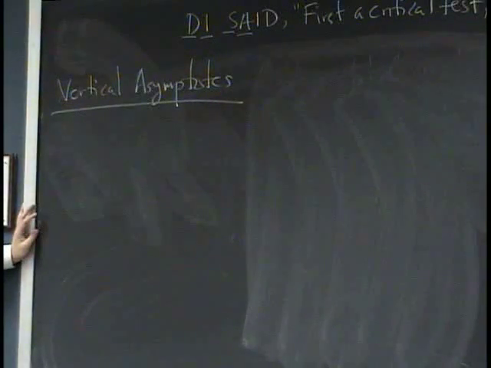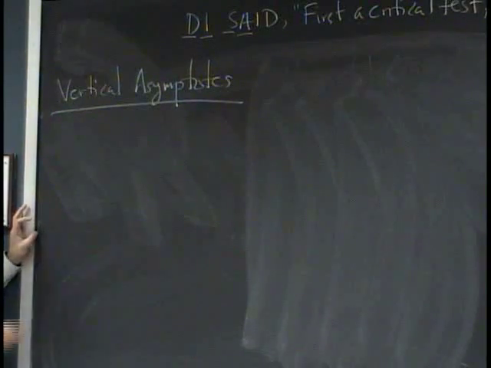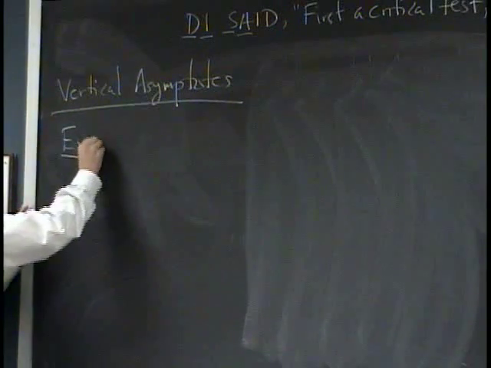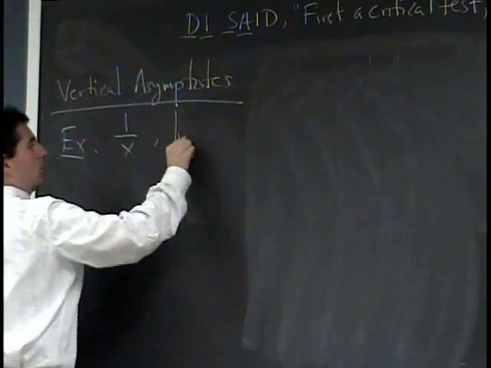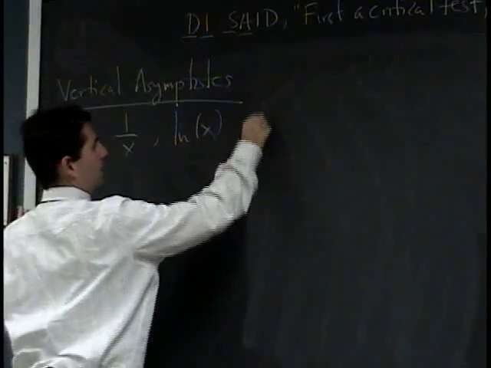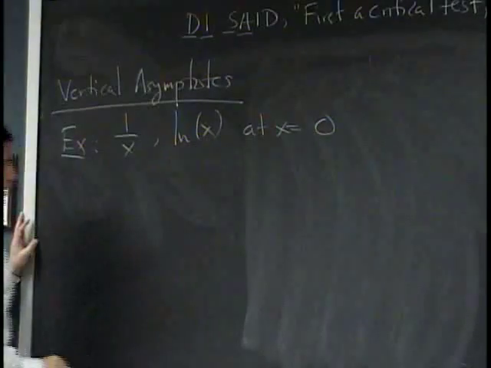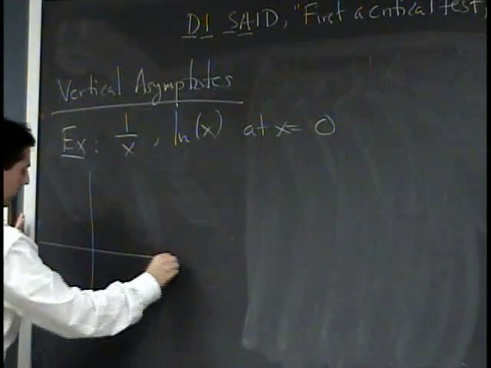Okay. So vertical asymptotes. Well, this is what is happening when you have, for instance, 1 over x. Okay, that's the example that you have in mind. Or ln of x. Okay, both at x equals 0. That's where you're having problems, right? With 1 over x,